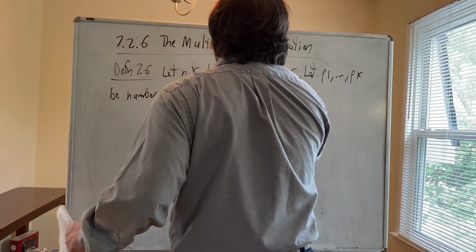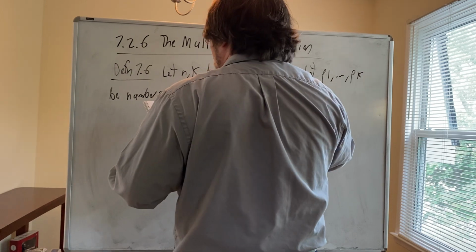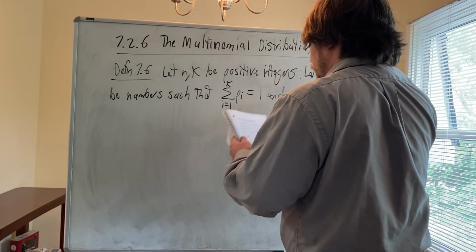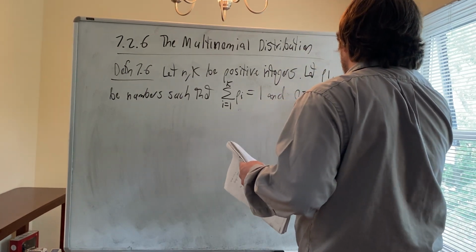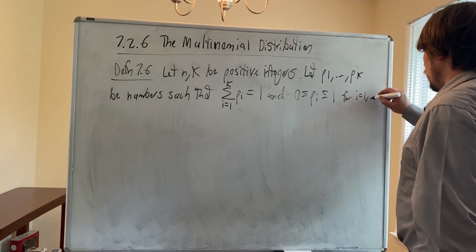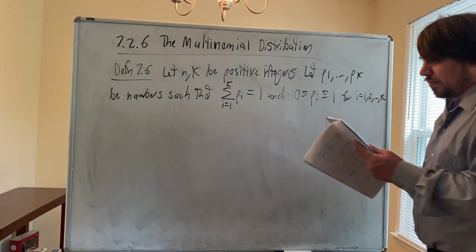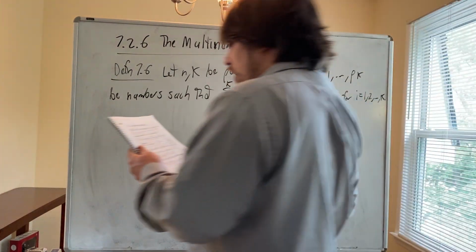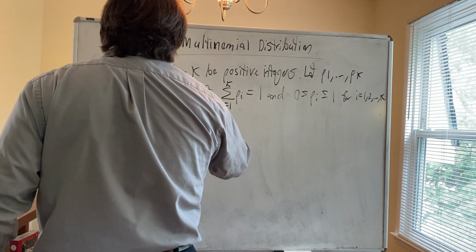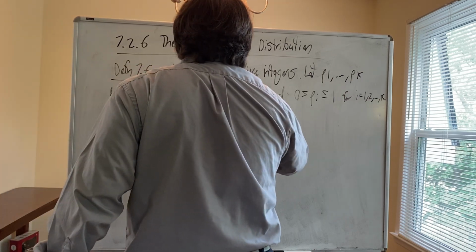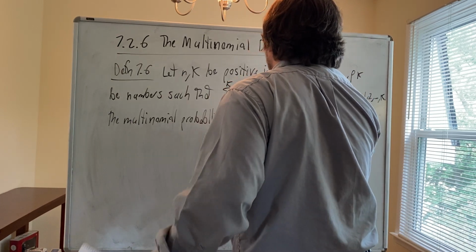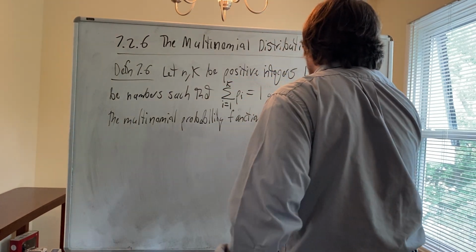such that the sum from i equals 1 to k of p sub i is equal to 1, and 0 is less than or equal to p sub i less than or equal to 1 for i from 1 to k. The multinomial probability function f is defined by